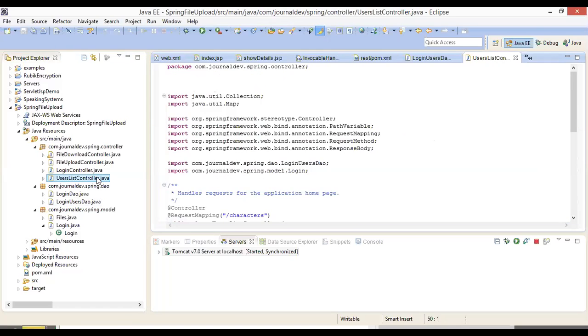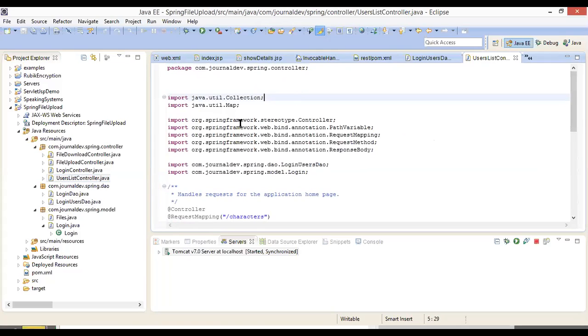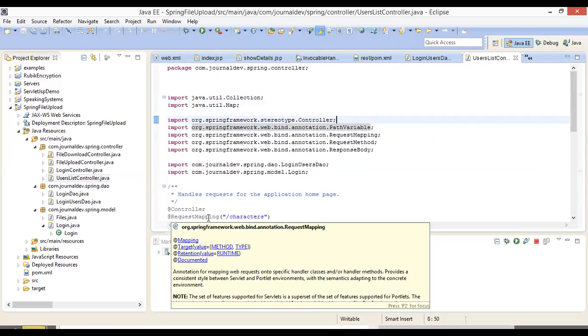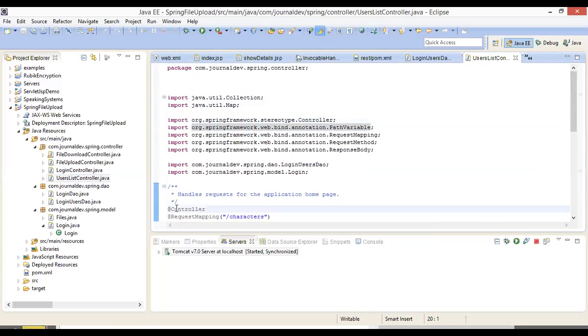So this controller, if I open, again we are using a collection here and a map here, and we are using some controller annotation, because if you don't write this @Controller inside this UserListController.java, it will not behave as a controller in the Spring framework. So you have to write @Controller.